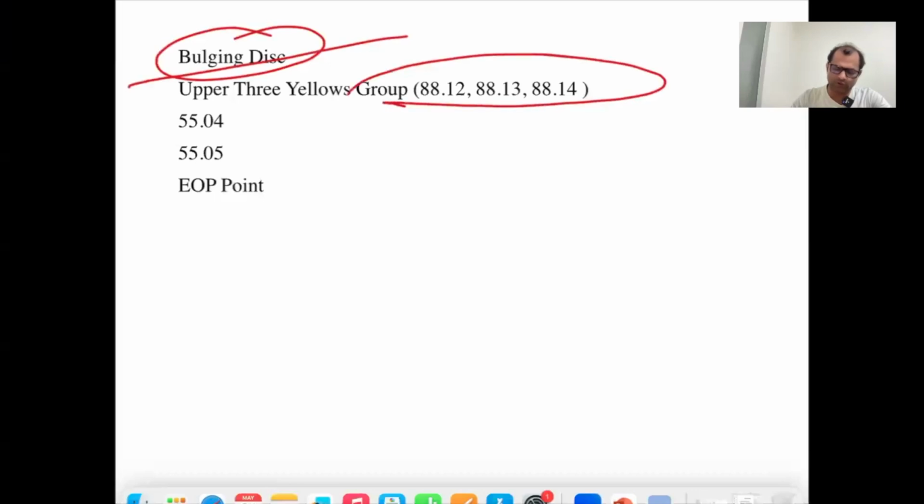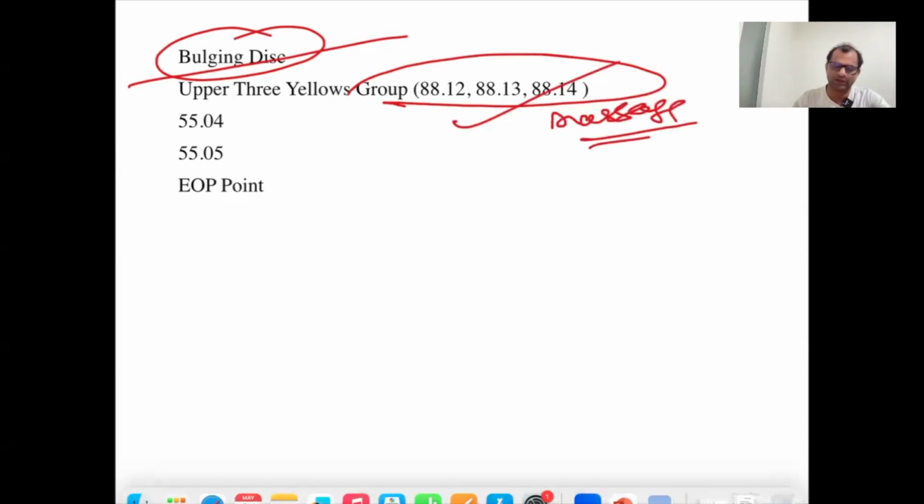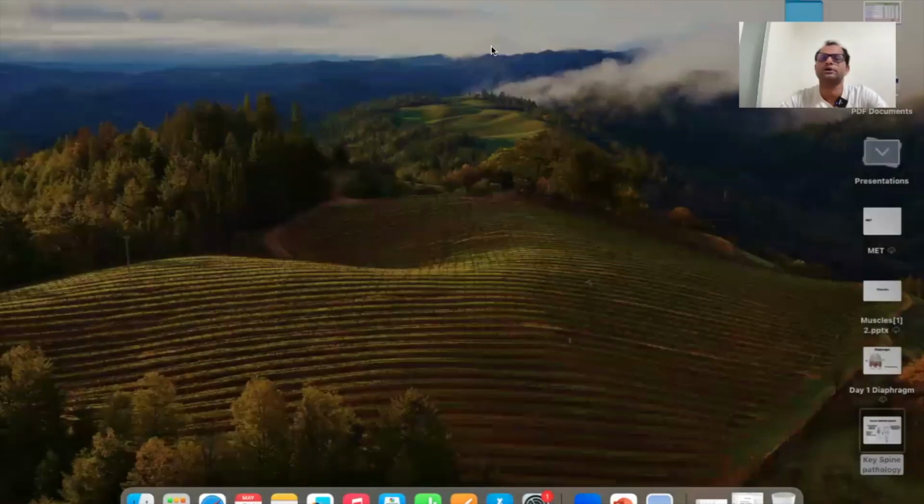So 88.11121314, yesterday I told you the point located in the thigh, do the massage on the point. कल मैंने आपको वीडियो दिखाया था एक थाई का, क्या आपको ध्यान है? कल मैंने एक वीडियो दिखाया था, कल मींस in the previous class, the person is having lower back pain, so 3 points in the thigh, they are called upper 3 yellows. If the pain is in the right side, do the massage of the left thigh. If the patient is having left pain, do the massage on the right thigh. Remember, the point name is